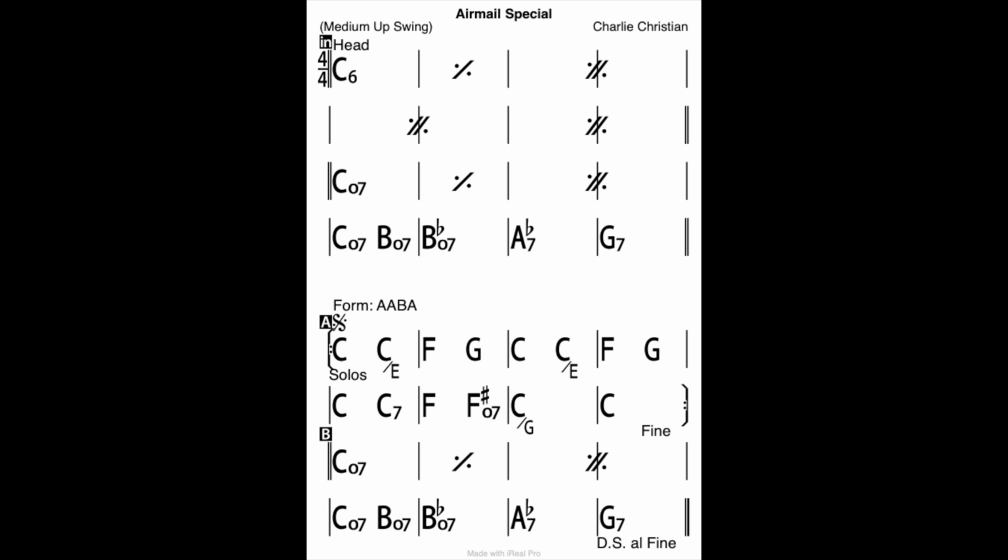If you were on D.C. al Coda, you'd go back to the start, and then when you would hit that coda symbol, you'd skip to where the coda is later on in the piece. It allows us to skip a whole bunch of unnecessary notation. D.S. or D.C. al Fine means go to this symbol and play until you see the word fine, which is when